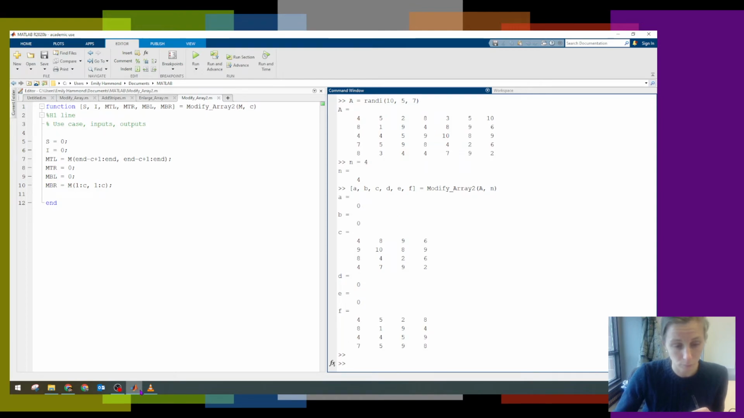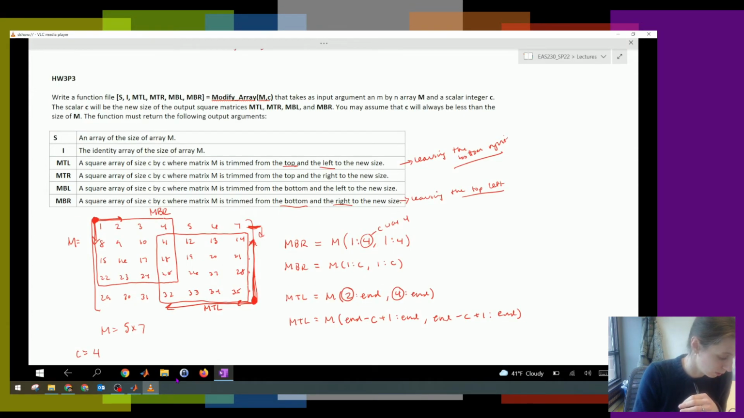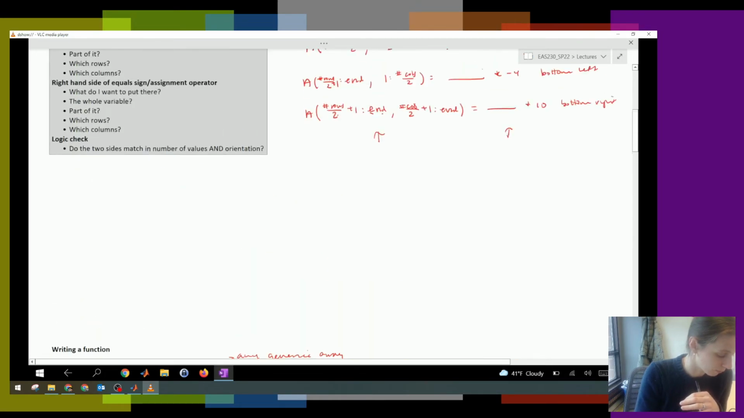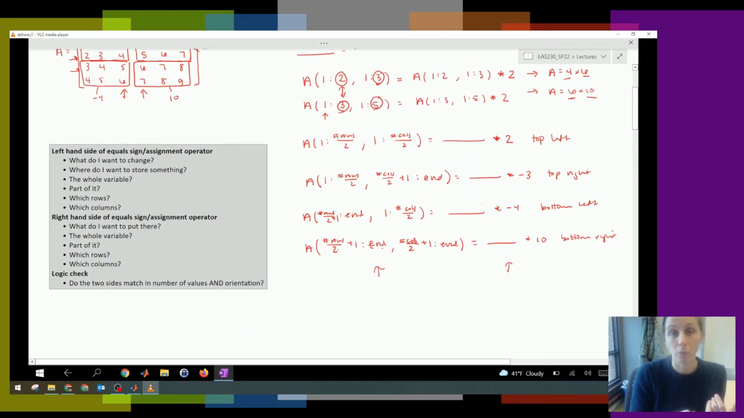Identifying, if we go back to our key points here, where do I want to change things? Where do I want to store something? Am I changing the whole variable? Am I changing part of it? Which rows, which columns? And then what do I want to put there? A whole variable, part of a variable, which rows, which columns? Logic check, do the two sides match, and the number of values, and in the orientation, same number of rows,